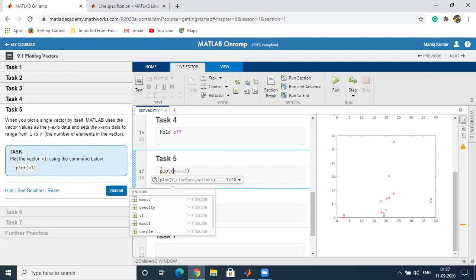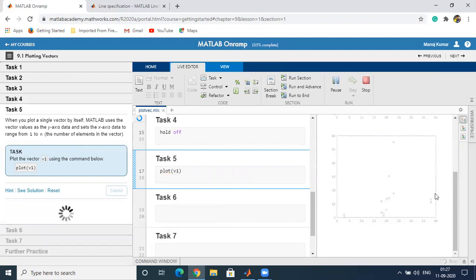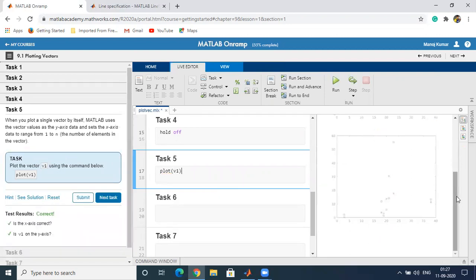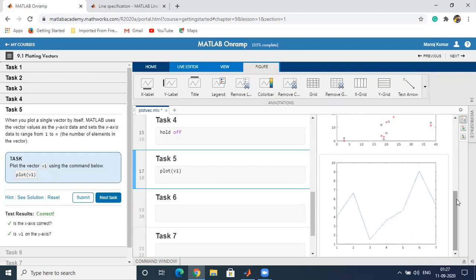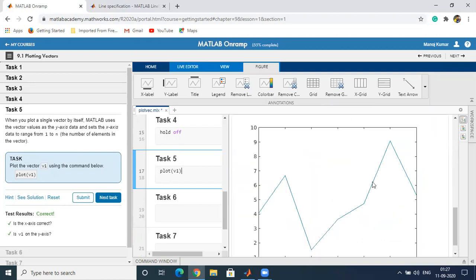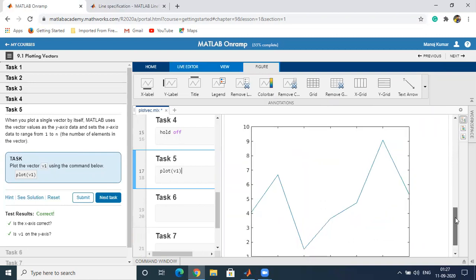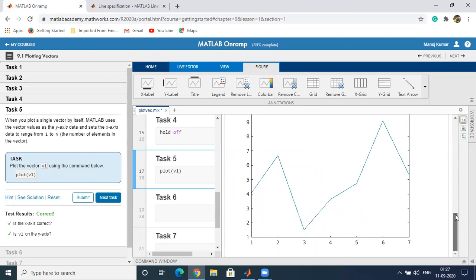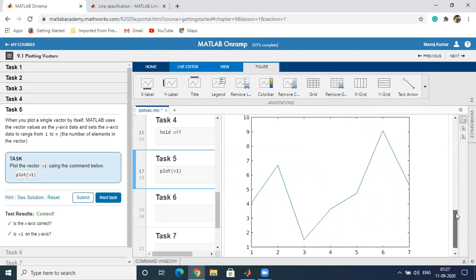For example, if we use plot v1 and then submit it, it will create the next plot, and you can see it automatically takes the numbers for the x-axis and plots against the y value.